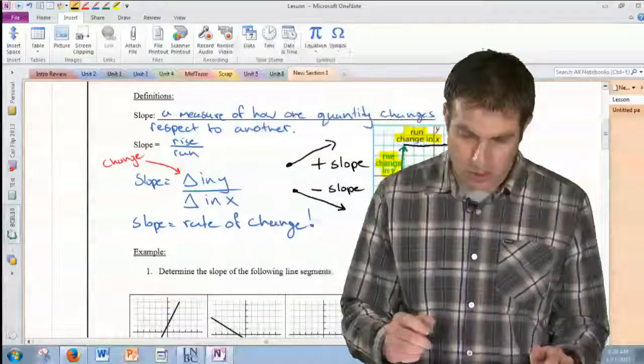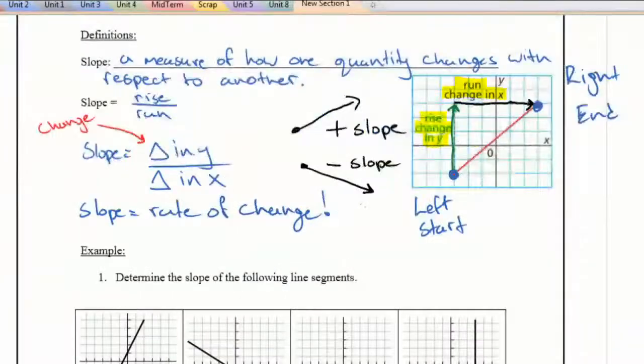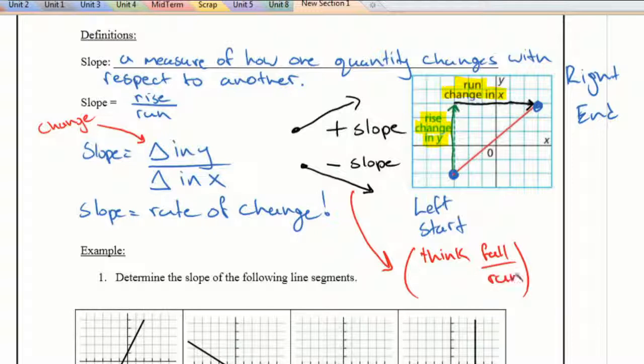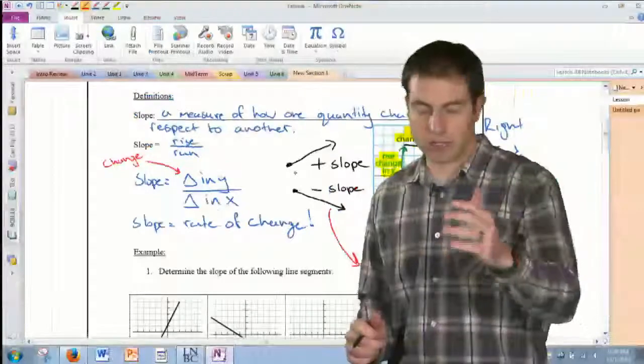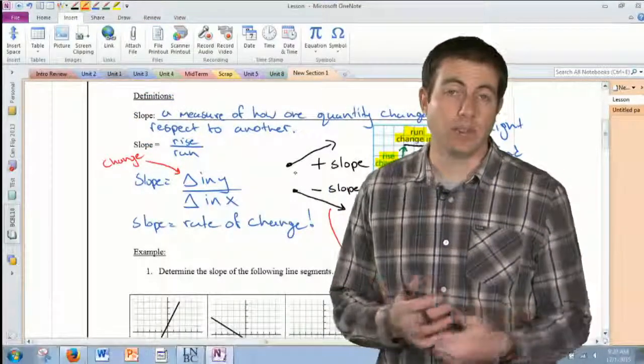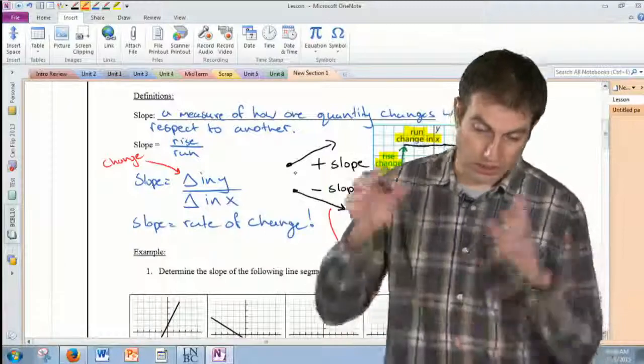One other thing I should mention, if we have something that has a negative slope, rise over run doesn't necessarily make sense. So for negative slope, think about fall over the run. Because instead of going up, you've got to go down and then over. So when we're dealing with a negative slope, if it makes more sense reading from left to right to go fall over run, then you can go ahead and do that